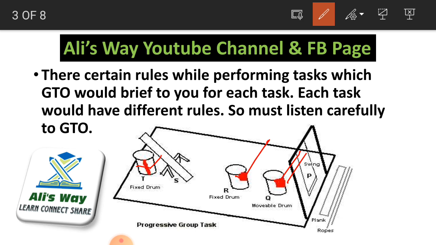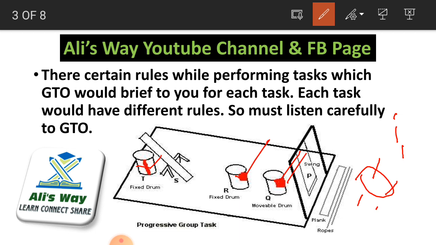After that, there is another rule of jumping allowed or jumping not allowed. If they say jumping is allowed, you can step from here to here, which means you can take long steps. If he says jumping is not allowed, you cannot take long steps. If you are here, you cannot step so far; you have to step very closely. This is jumping allowed or jumping not allowed. So these rules are set by your group testing officer as per his wish.